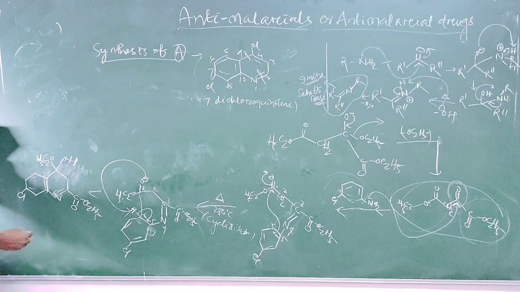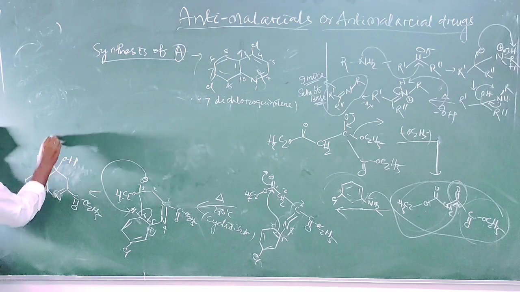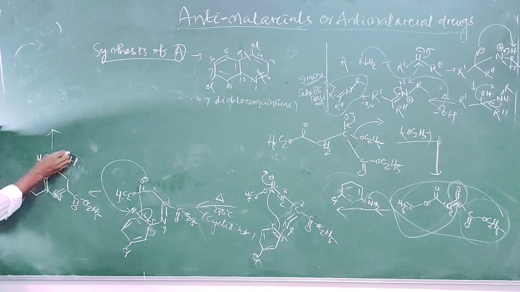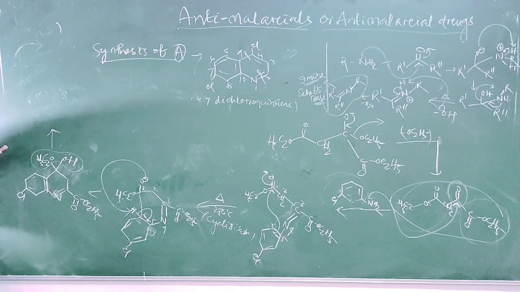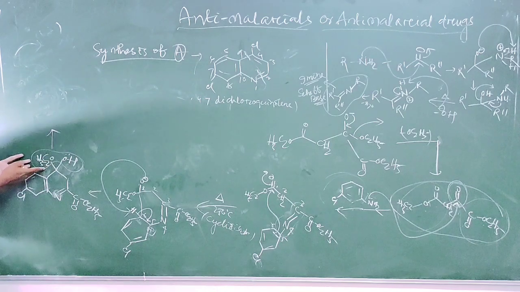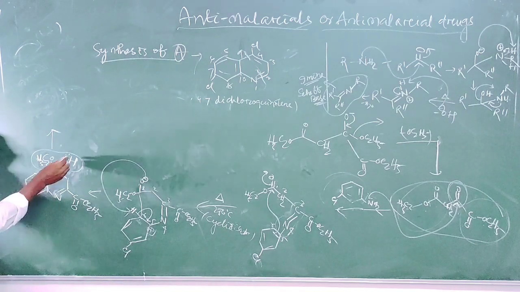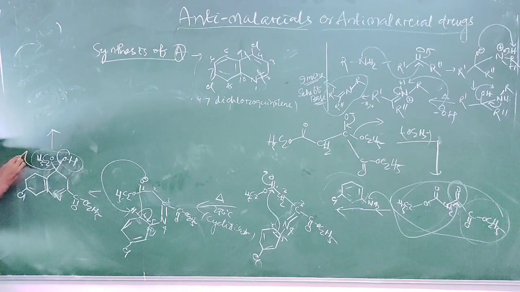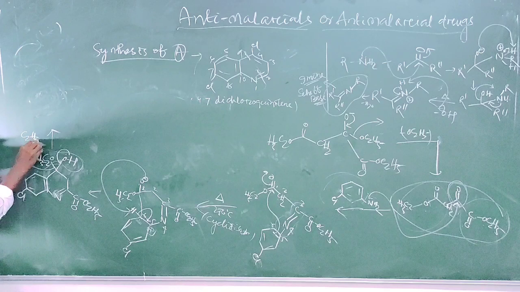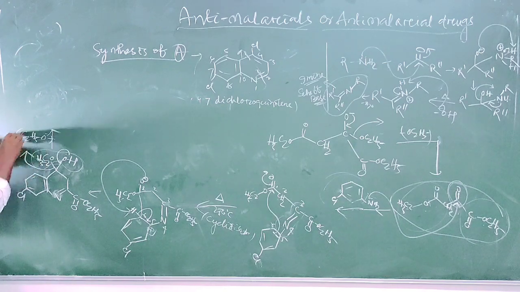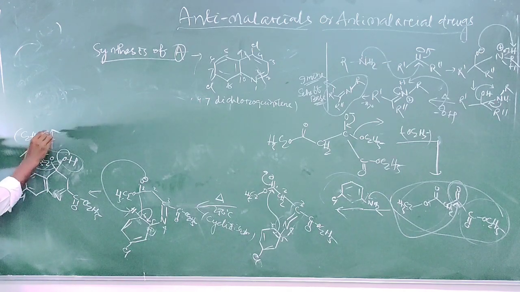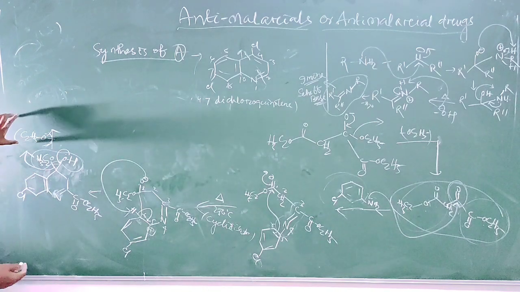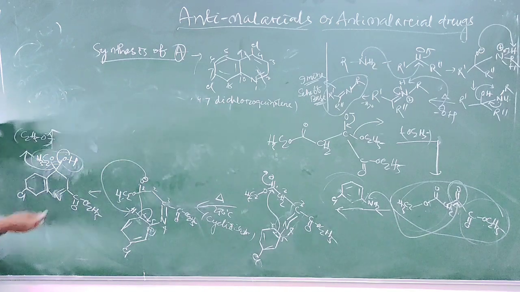Okay, so what is the next step? The oxygen lone pair, this is the lone pair. This is not stable as this is a polar molecule. So there is an OH, there is also one OC2H5. This is obviously polar, not stable. So the oxygen lone pair returns back to the carbon-oxygen single bond, and OC2H5 ethoxide is a good leaving group, as I have said. So you have to know what is leaving, who is a leaving group here, who is a nucleophile, who is an electrophile. I am saying it again and again because this is important.